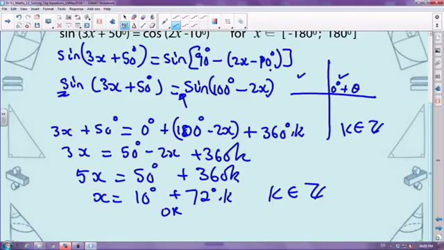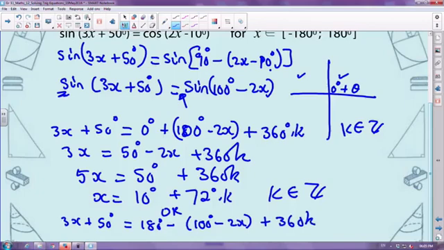Okay, right? Or your 3x plus 50 degrees is 180 degrees minus our key angle, which is 100 minus 2x, plus 360k. And then, guys, from there you simplify, okay? Right. Now, let's do it quickly. You've got 180 minus 100, which is 80. Subtract the 50, you get 30. And then this is plus 2x, take it across, then you get your x is 30 plus